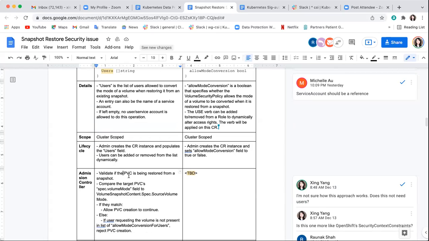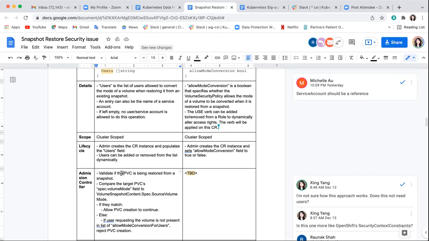We allow users to change the volume mode in a PVC on restore only when this user has write access to volume snapshot content. We use this permission to change the volume snapshot content to discover who has permission to restore snapshots with changed volume mode. So if we're going to use write permission on the volume snapshot contents, why don't we just put the mode flag in the volume snapshot contents and you change it there?